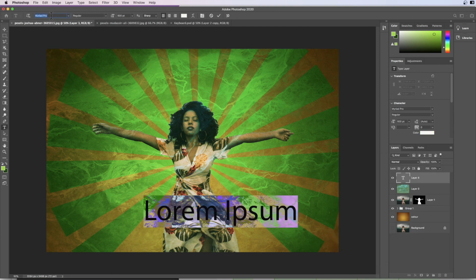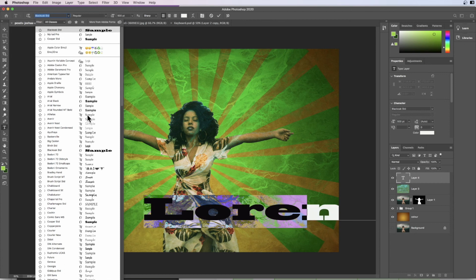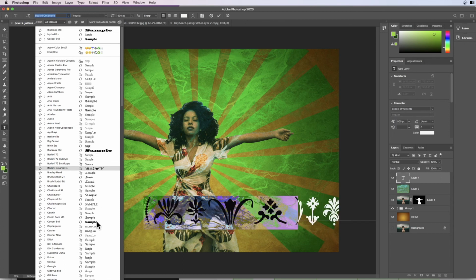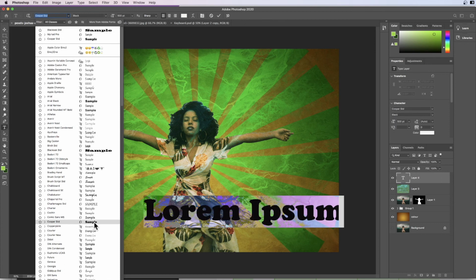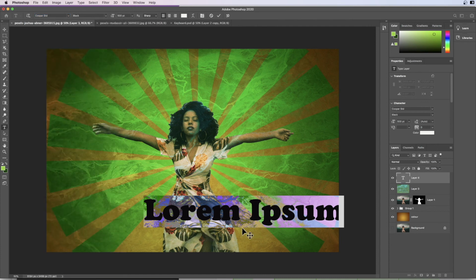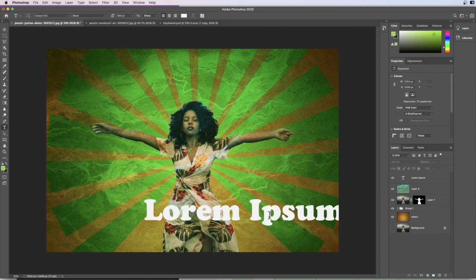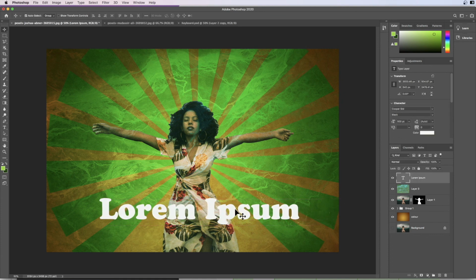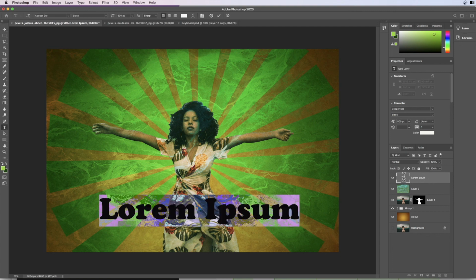And I'm going to find a good, really chunky font. This one could work really well, or this one down here, Copperplate Standard, could work really well. I quite like that, so I'm going to click that. Obviously this is sample text, so we can move that into the right location, and I really like that, and I'm now ready to write my freedom in here. So in order to do this, you simply click in this T area, not on the layer over here, but in this T area,